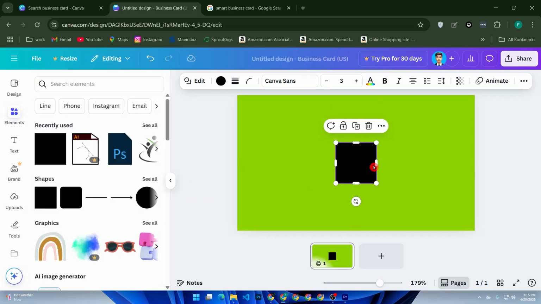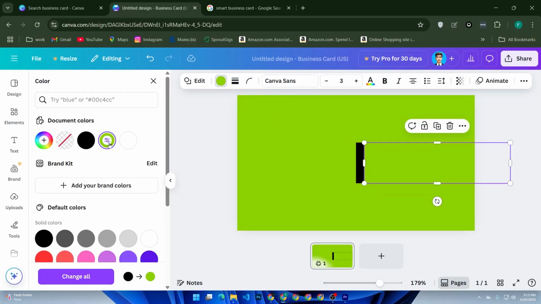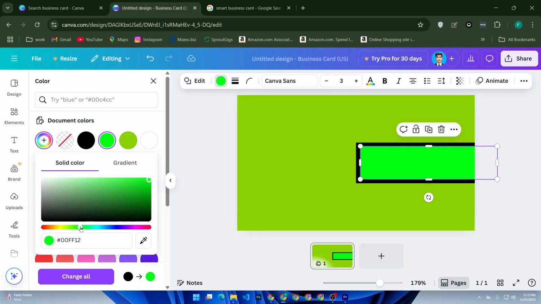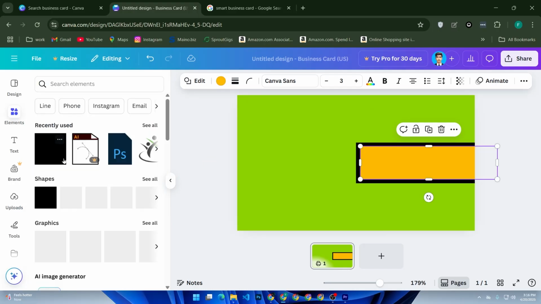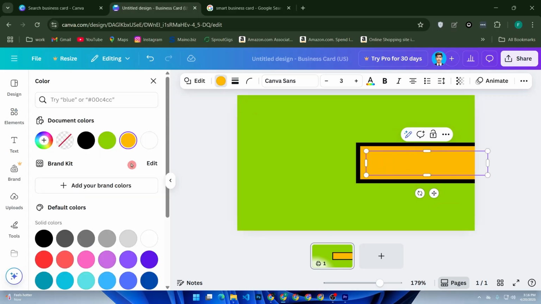Again, choose a shape, then create duplicate, change the color from here, adjust the color based on your template color, then again select the shape like that and resize and click color and click white,